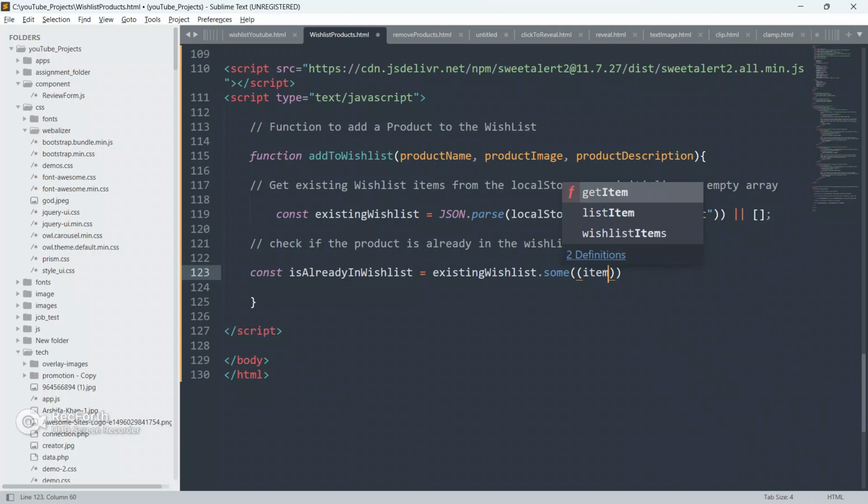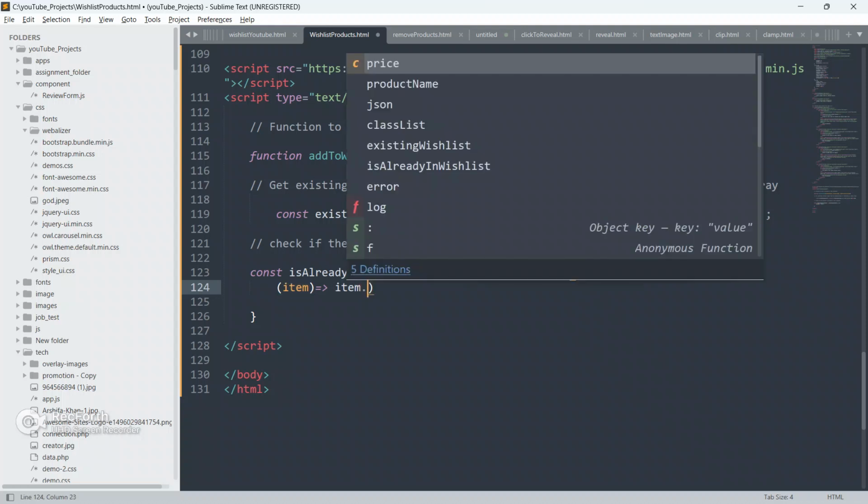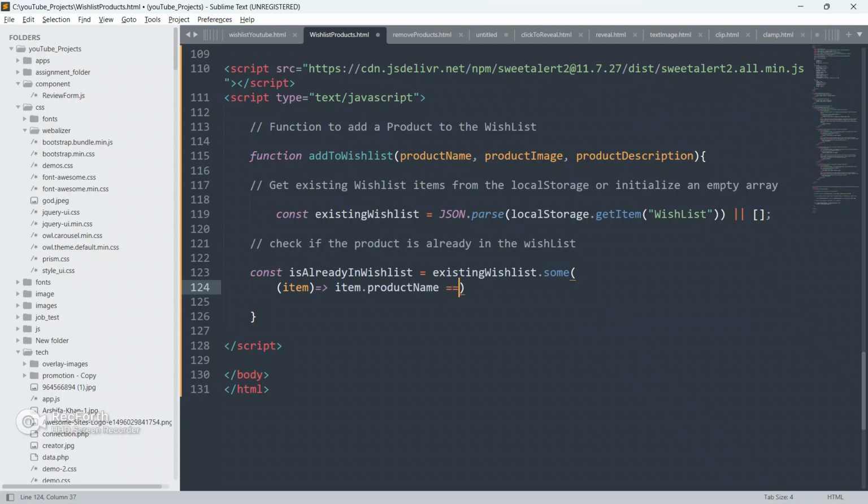I'm going to provide item and write an arrow function here. We will check if item.productName is equal to this productName, paste it here, this productName. Then we will alert the user.